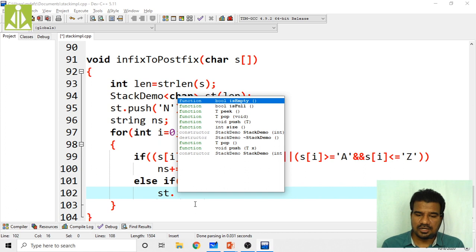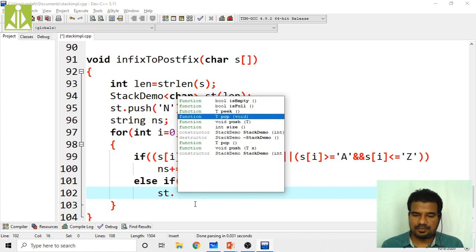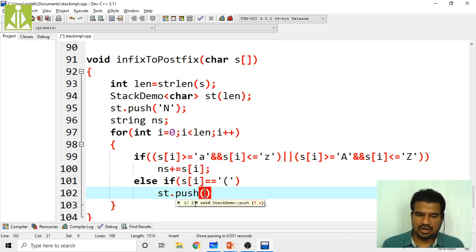So perform st dot push of s of i. Or s of i will hold the same thing, so you can put that, or you can even write the bracket character directly to avoid the confusion. Like this also you can push.